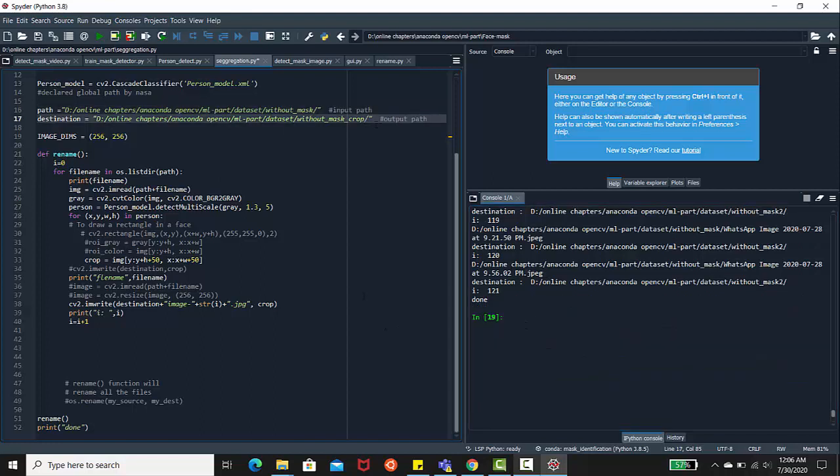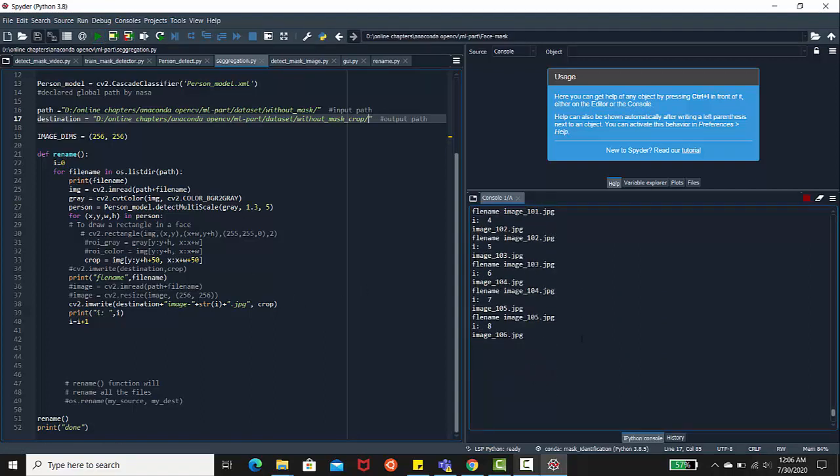Yeah, everything is fine. I think let's run the code. So it's cropping all images. You can see it's iterating over all images, like 27, 28. I'm just printing the i value in order to understand what's happening inside that loop. So you can see it's cropping all images now, and we hope that every face will be recovered from that image, and we will get that as a separate folder.